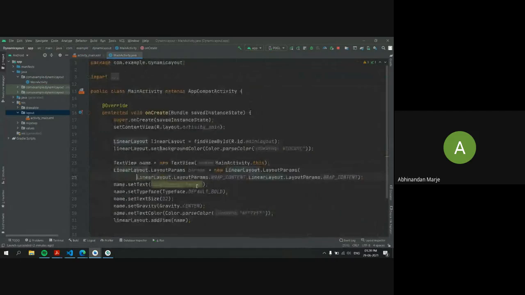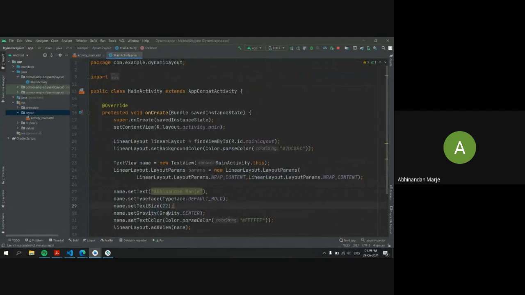Now once this is done, I want to apply margin to that text view. Now you can't use this gravity function here because this gravity function will be applied to the view here. It will not be applied to the parameters. Let's say I'm just creating one box here, and in that box I'm adding one text view. So if you are giving the margin to the text view directly, it will not be applied to that box. This is basically the box type of layout here. So I have to add the margin and the gravity to this particular box, so the inside text view also will be centered and also have the margin over here. So I'll just delete it from here,